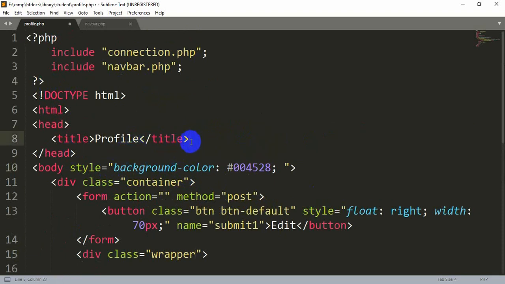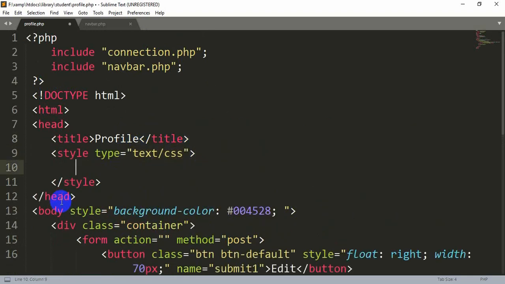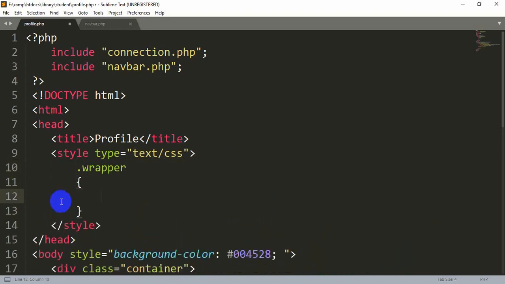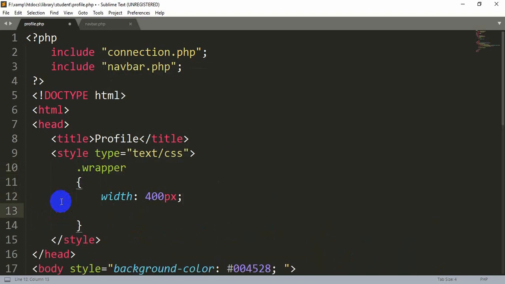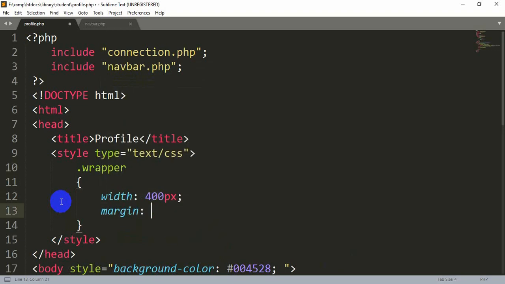And we will style this wrapper inside our head tag. Here we will write style, then press tab, and inside that style tag we will write our class name dot wrapper, and then inside the second bracket we need to write our styling. So here we will give it a width, let's say 400, and